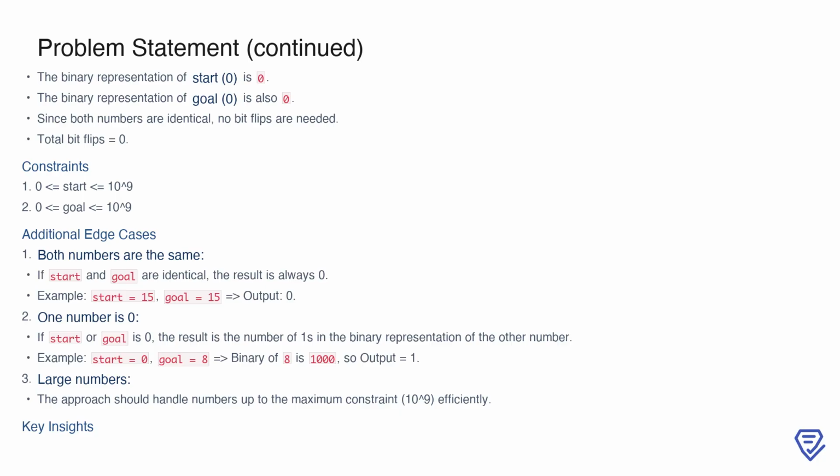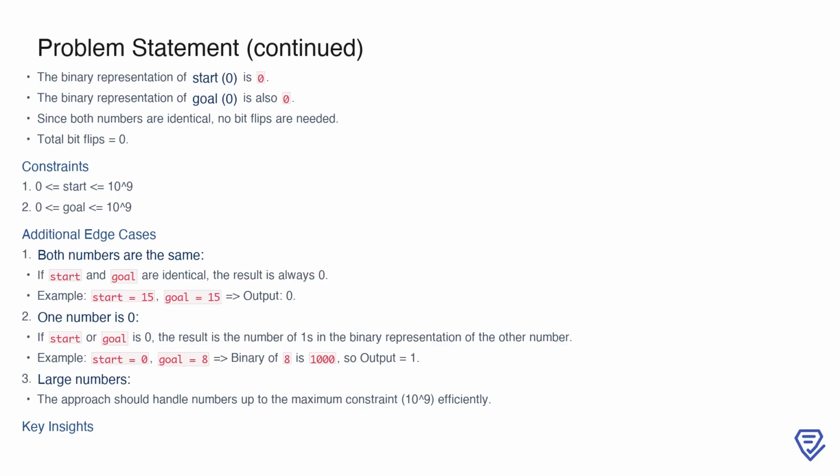Additionally, some edge cases help clarify the problem further. For instance, if start and goal are the same, the result is always 0 because no changes are necessary. Another edge case is when one of the numbers is 0. In that scenario, the output is the number of ones in the binary representation of the other number. Finally, the solution must also handle large values of start and goal, up to 10 to the power of 9,